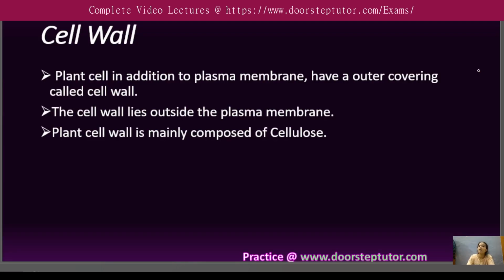Now, a structure is also present besides the cell membrane. So as we know that in a cell,